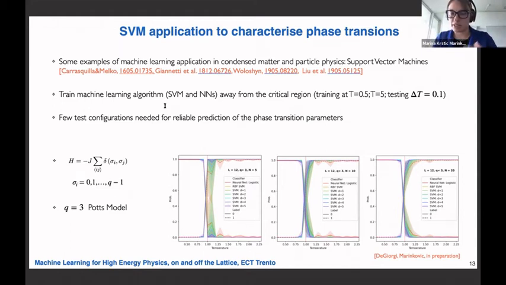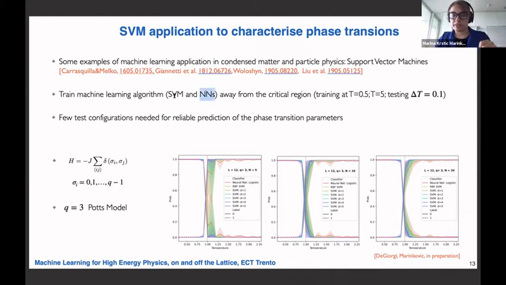A single configuration corresponds to one element of the data set. And it turns out, as demonstrated in the works listed above, that for example for the Ising model or other simple two-dimensional theories, as was also mentioned in the talks this morning,